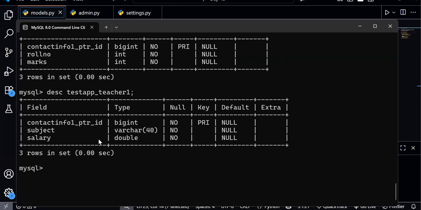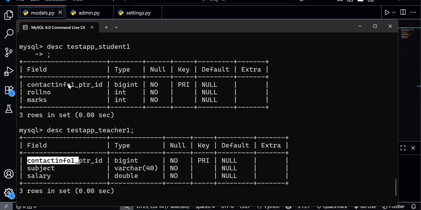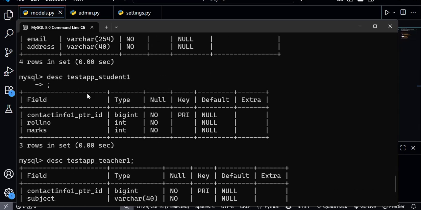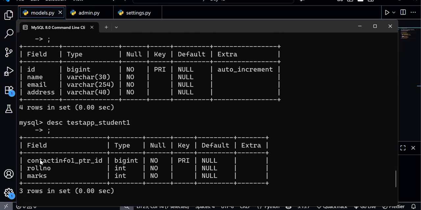You can see here, when we created it, by default one pointer id was created from contact information one, and for this table, the contact information table, a pointer id was also created. This is created so that